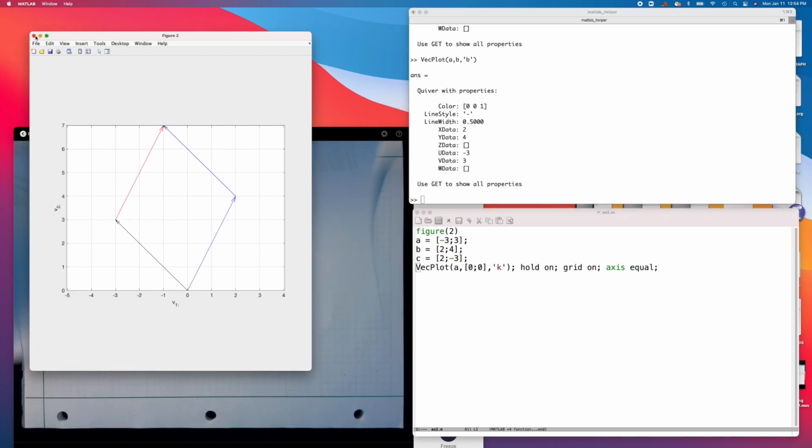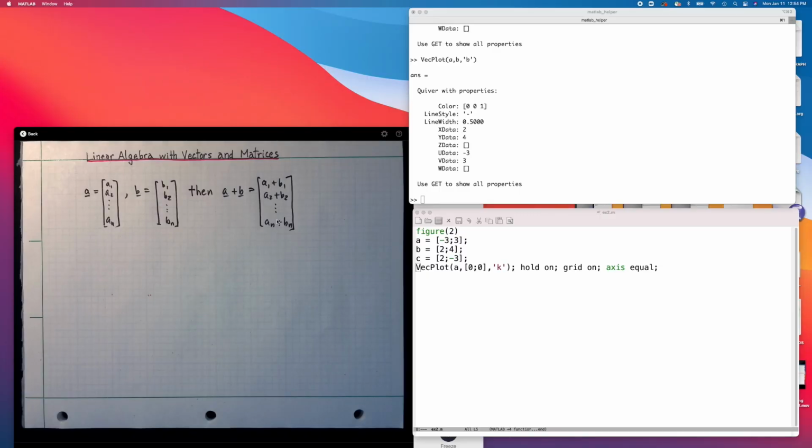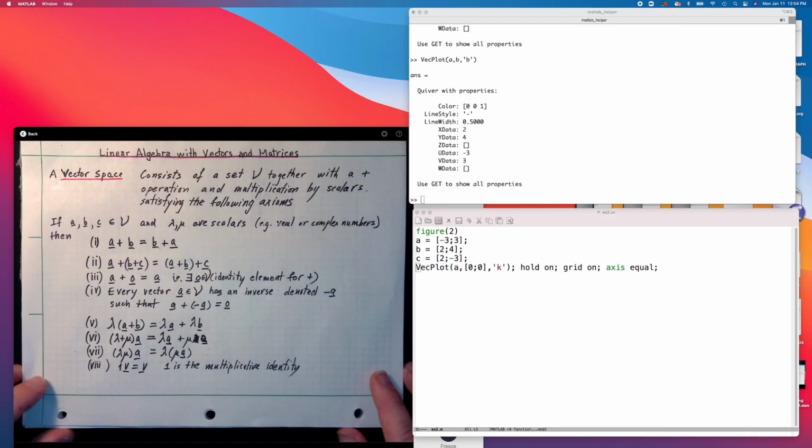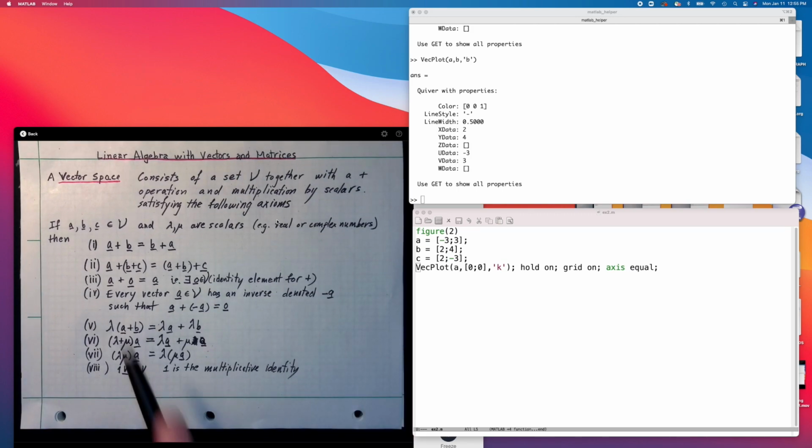for the simple addition of numbers, because 2 plus 3 is the same thing as 3 plus 2, right? We're used to this commutativity rule for addition of real numbers, and it is also true of vectors. As we'll see later on when we do matrices, the rule of multiplication of matrices does not commute. So in general, it's not going to be true in that case that A times B is the same thing as B times A for matrices. But let's not get ahead of ourselves. Let's keep going through the different rules for a vector space. So this is the